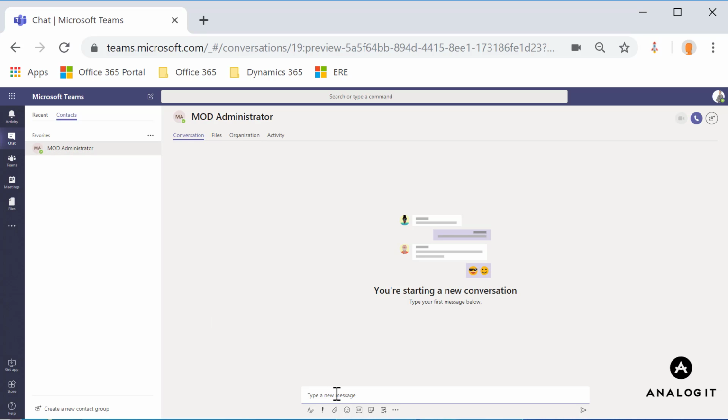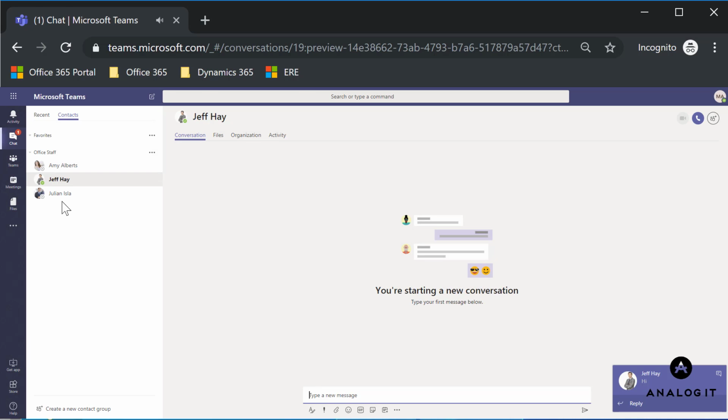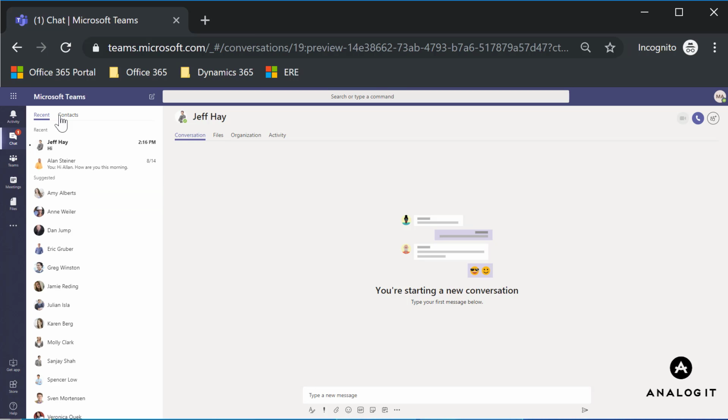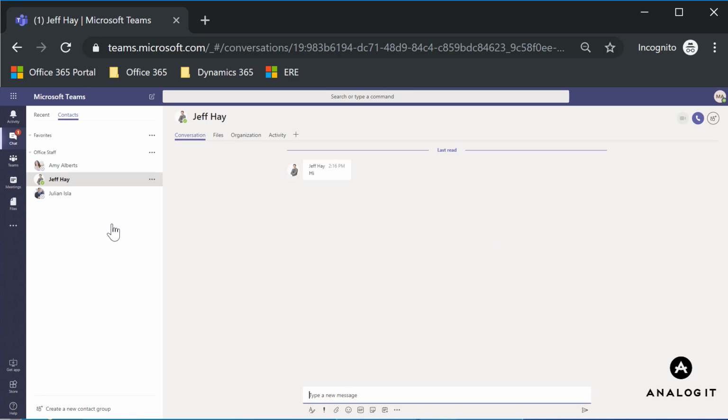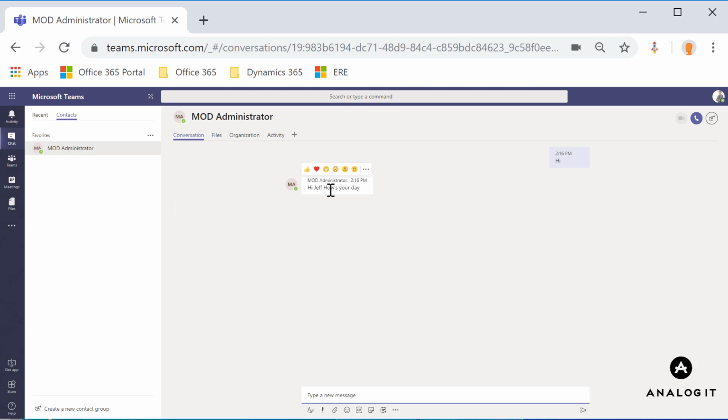So if you just want to quickly chat, it's very quick. You just basically do that and it'll give you a notification. And if I go to the Jeff here, you'll see that Jeff said hi. And so basically straightforward, very easy chat, and you can add